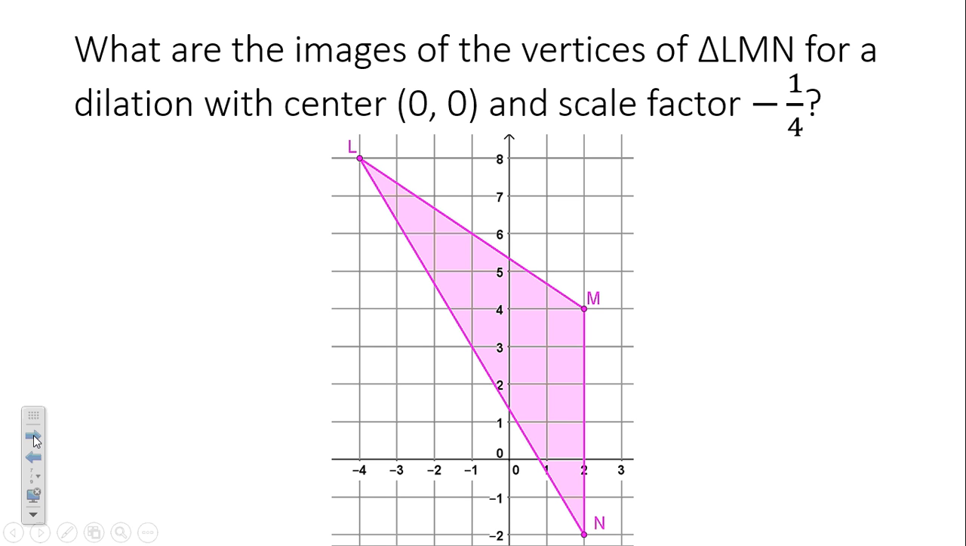L is the point 8, negative 4. So we have to take 8 times negative 1/4, and we have to take negative 4 times negative 1/4. Yep, negative 1/4 times 8. Sorry, thank you. Negative 4, 8. You're right. Okay. So negative 1/4 times a negative 4